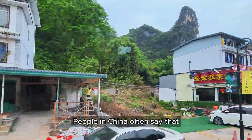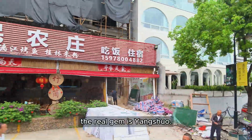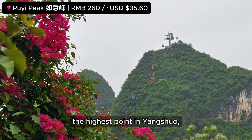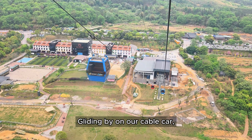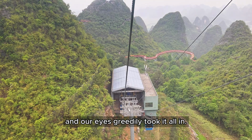People in China often say that while Guilin is known for having the most beautiful scenery, the real gem is Yangshuo. They probably meant Ruyi Peak, the highest point in Yangshuo, where our feast for the eyes continued the next morning. Gliding by on our own cable car, it felt like we were entering another world, and our eyes greedily